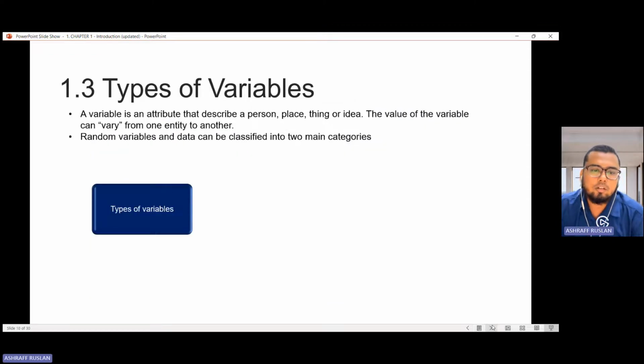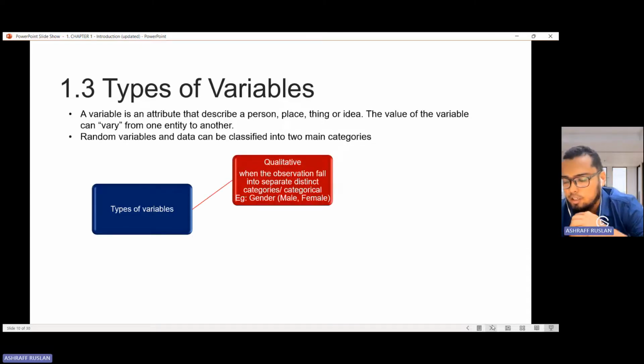Then kita nak tengok types of variables. How many types of variables actually we have? So variables ni kita nak tengok dia sebagai apa, boleh ubah lah kalau bahasa Melayu tu. So it actually have two types of variable. One is qualitative. Qualitative ni senang, you akan nampak dia macam bentuk quality. Contohnya gender, male and female.